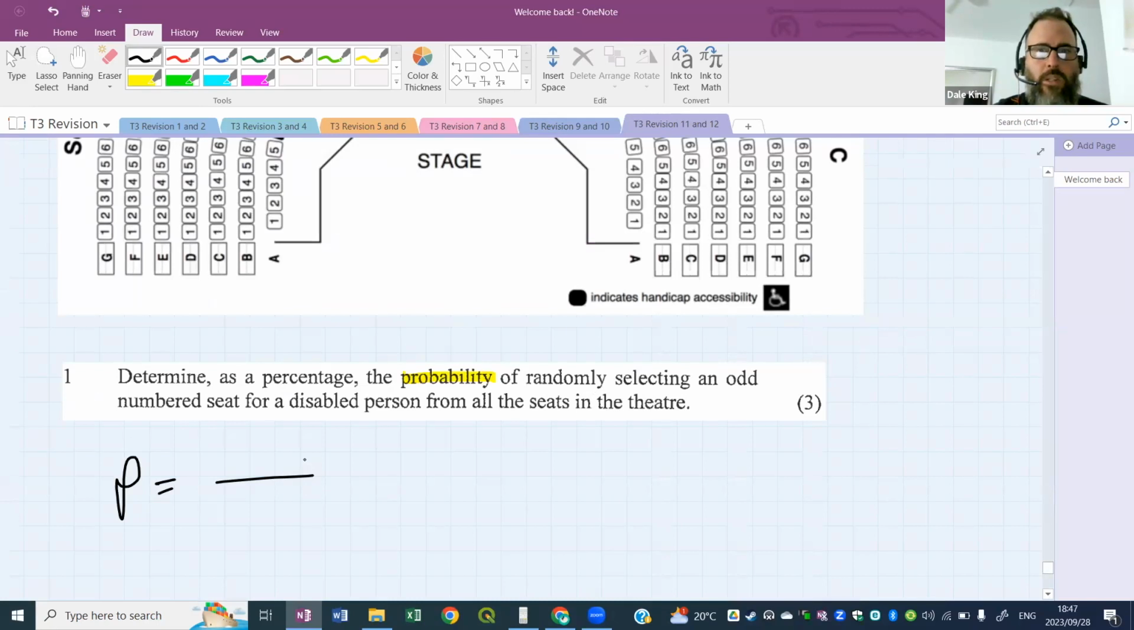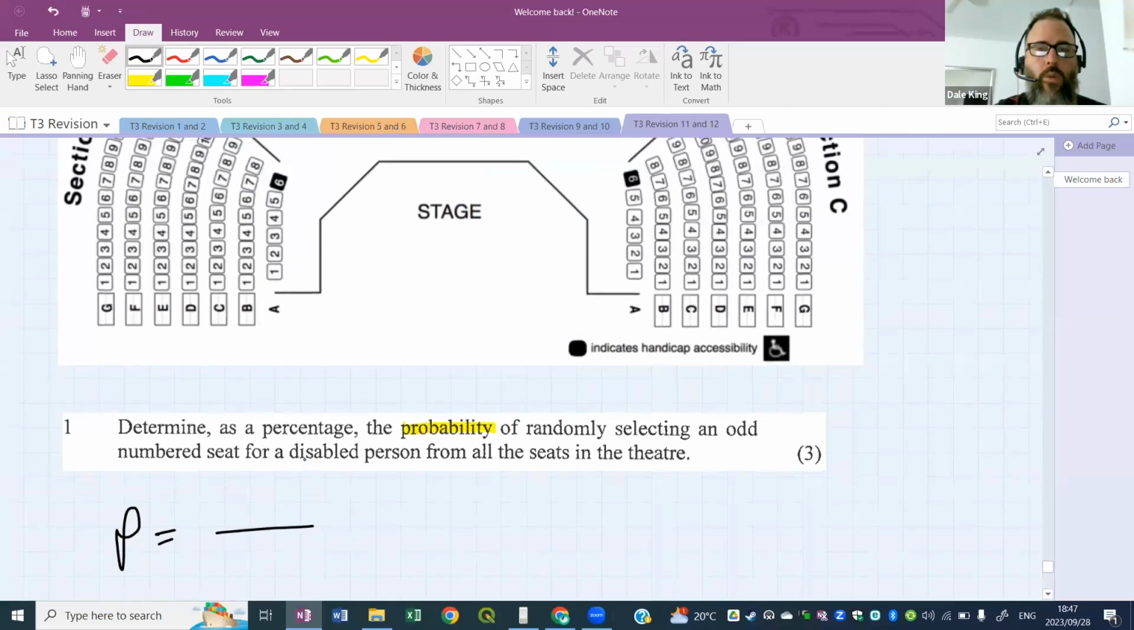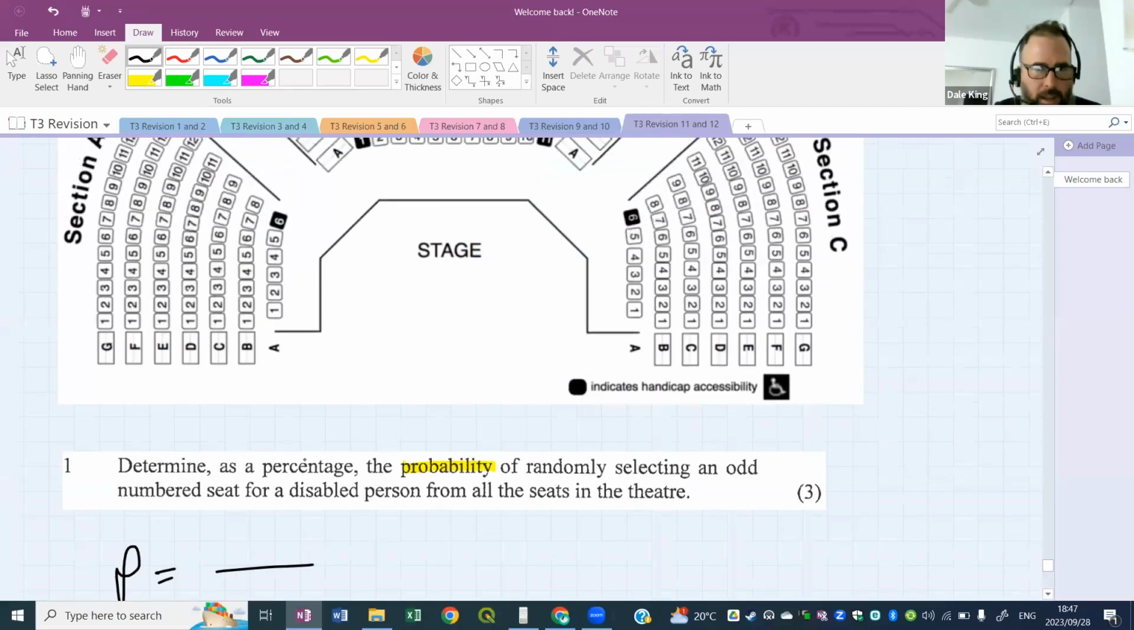Determine as a percentage of probability of randomly selecting an odd numbered seat for a disabled person from all the seats in the theater. Let's read this again. Determine the percentage of probability of randomly selecting an odd numbered seat for a disabled person from all the seats in the theater. I want to know what the bottom of the fraction is. All the seats in the theater. It's not all the disabled seats. It's all the seats in the theater. Now,